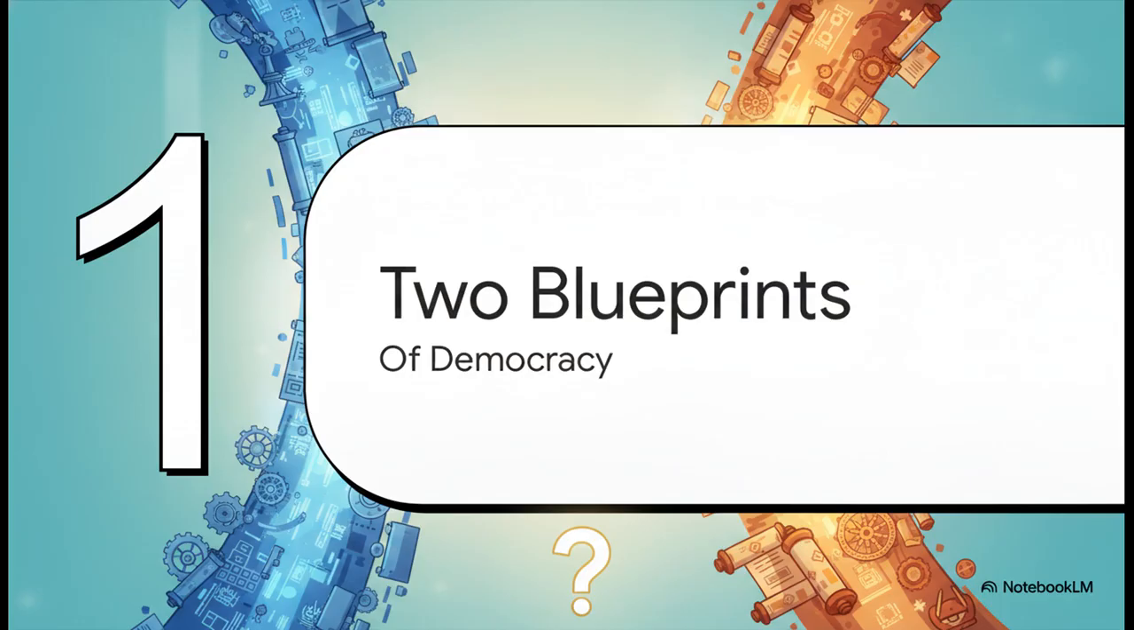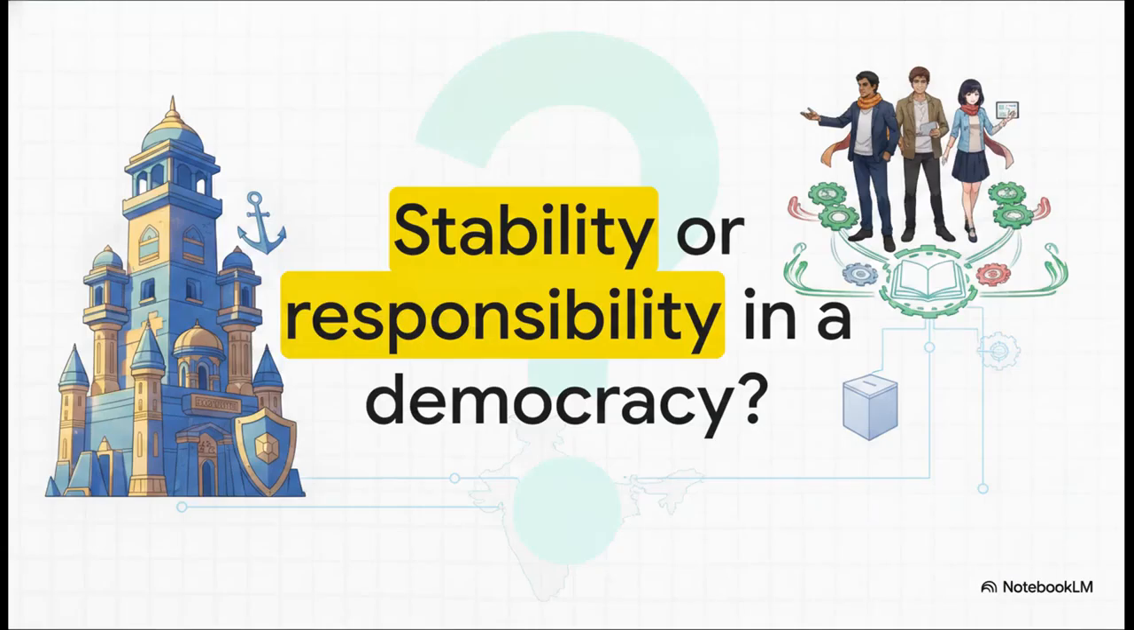Section 1. Two blueprints of democracy. So imagine you're building a democracy from scratch. You basically have to answer one massive, fundamental philosophical question. Do you choose stability or do you choose responsibility? If you look around the world today, democratic governments generally fall into two major categories, presidential or parliamentary. And the dividing line between them comes down to this exact question. Do you want a government that is rigidly stable, or do you want one that is relentlessly responsible to its